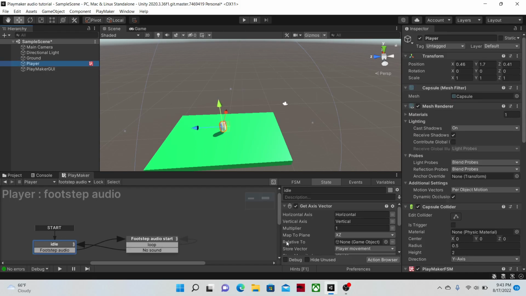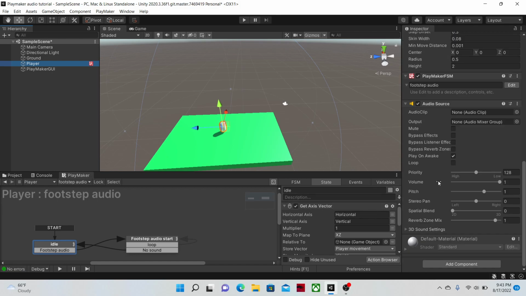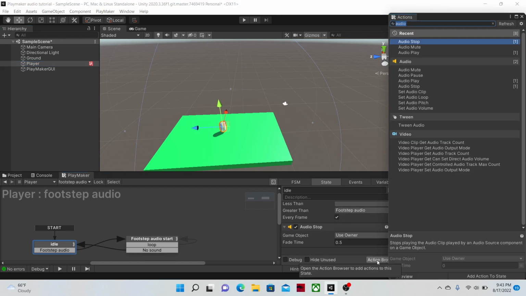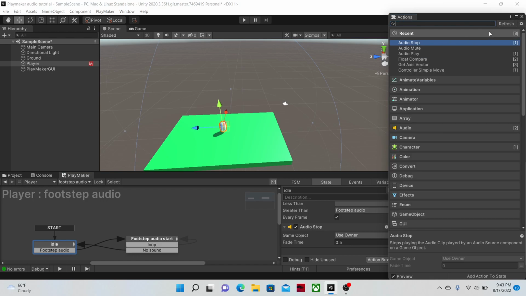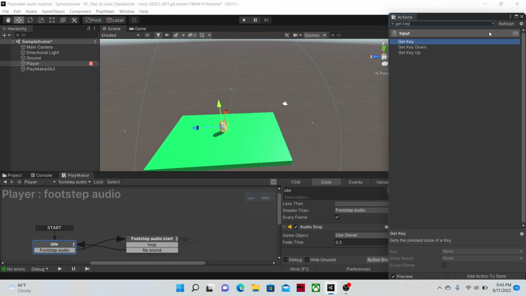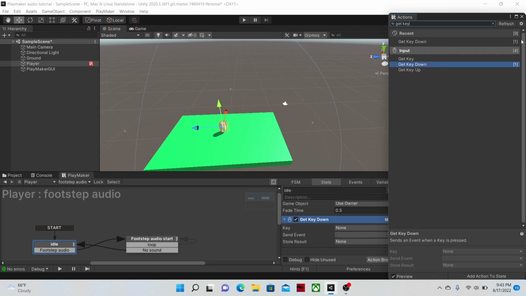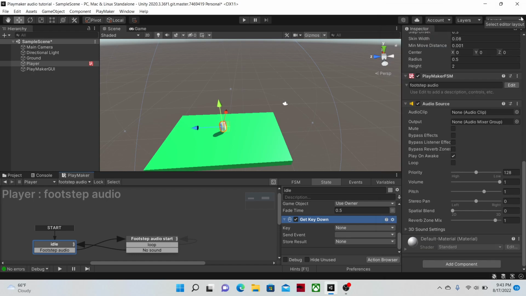You can do it so if you want to make it a jumping sound, you can also do a jump sound by doing like this. I'm gonna use this one, the same thing, and get the key down. I'm gonna use get key down. Again, you're gonna need to be on the old input system for this to work. So key down,